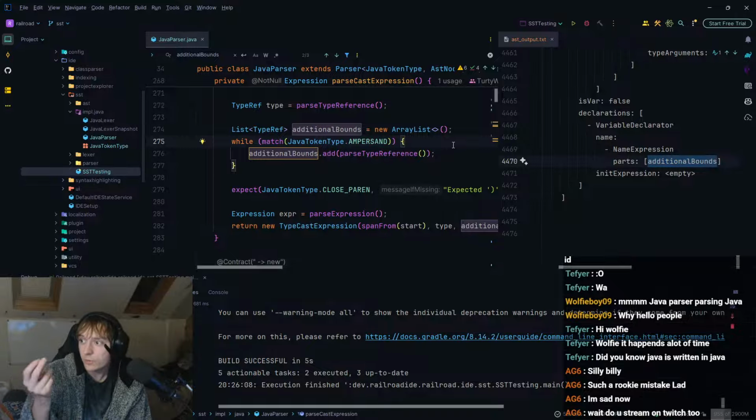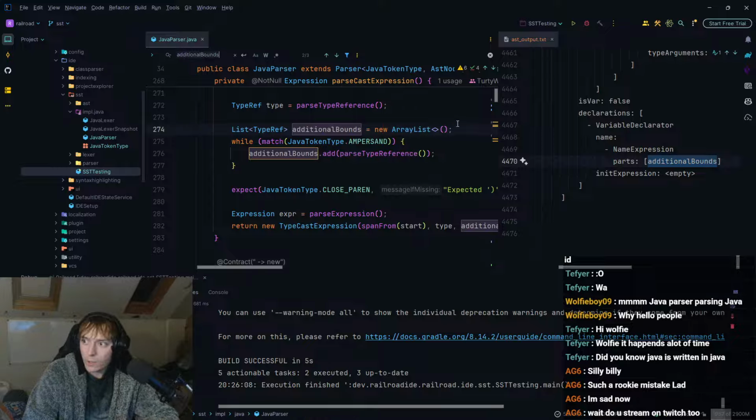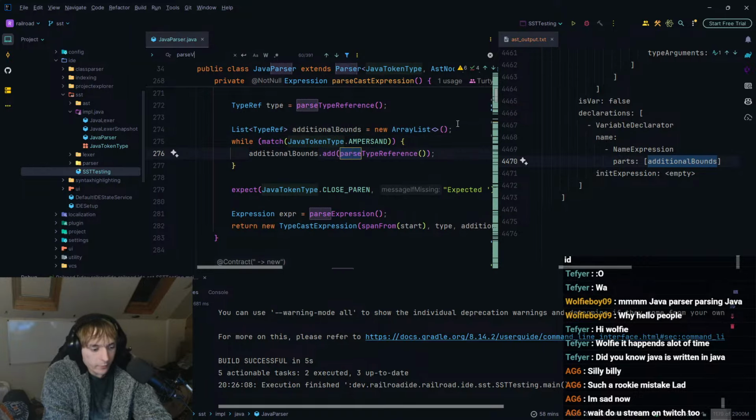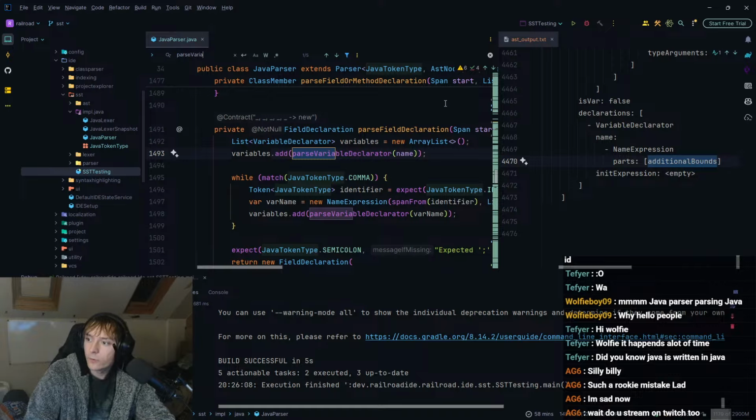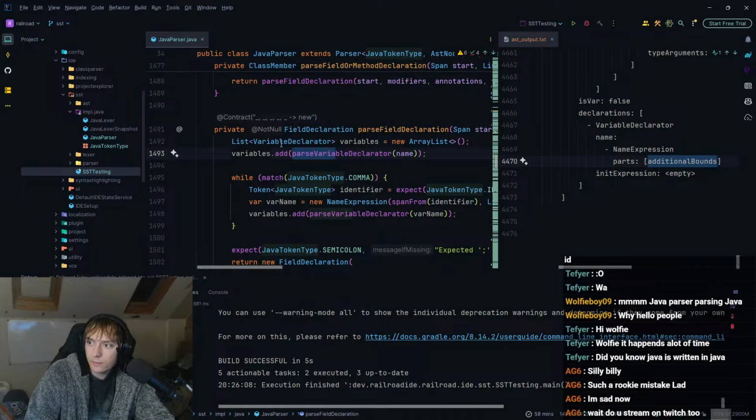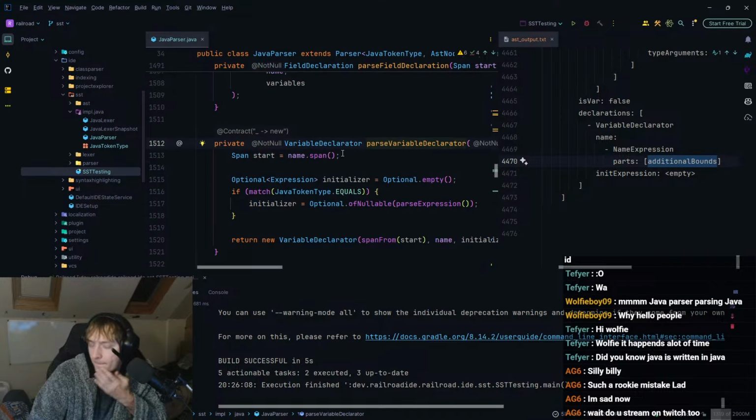So it should be able to find an object creation expression, but we can have a look. So if we go into, God, pass variable, let's just go into here. Pass variable declarator. Okay, go into here.